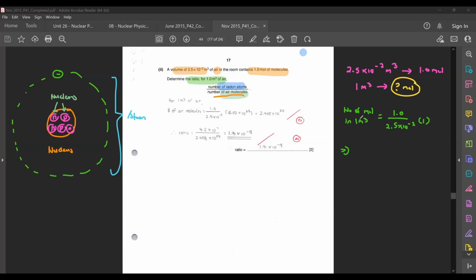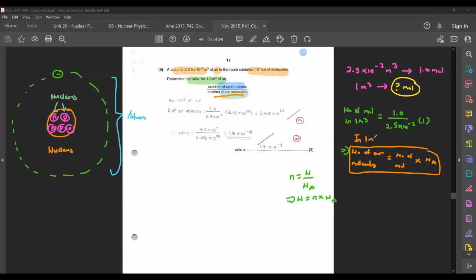If you want to get the number of air molecules here, your number of air molecules would therefore be number of moles times your Avogadro constant. Because that time it was mentioned to you before that number of moles is number of molecules divided by your Avogadro constant, such that number of molecules is actually number of moles times your Avogadro constant. What you're trying to find is this, okay? Number of air molecules in 1 meter cube of air,